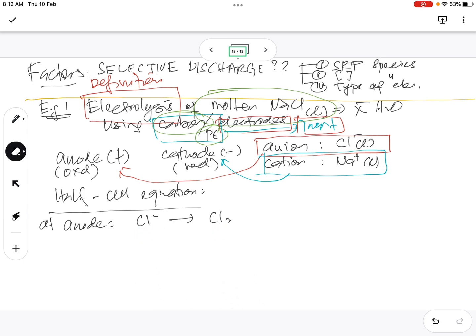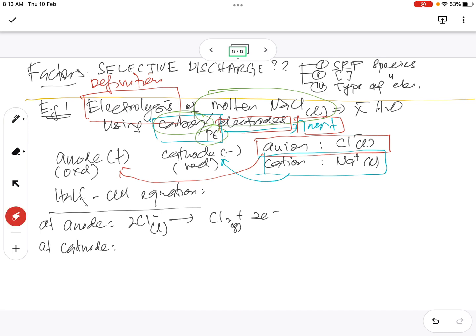Sekarang kita balance the equation. Anda boleh tengok sini 2Cl negatif tambah 2 elektron. So this is the half equation. Belum lengkap lagi, jangan lupa ini molten, ini gas. So this is the oxidation equation at anode. Species yang kena oxidize adalah Cl negatif. Kemudian at cathode,